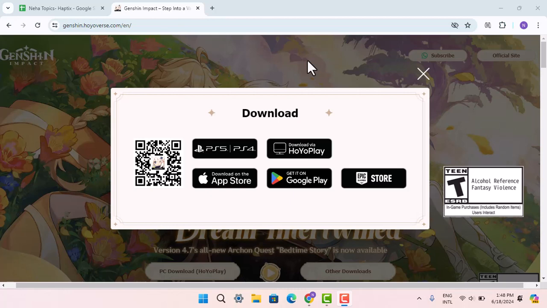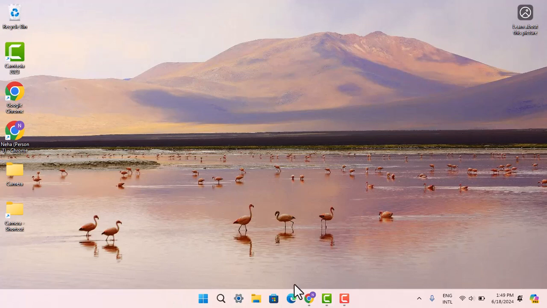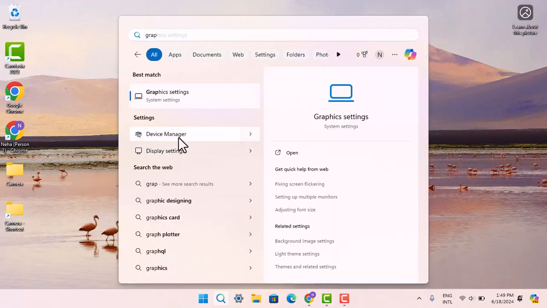In this video, I'll be showing you the ways to fix Genshin Impact game crash. Having this sort of issue, what you can do in order to fix it is try updating your graphic drivers. First of all, exit out of your web browser and then type in device manager, and right on